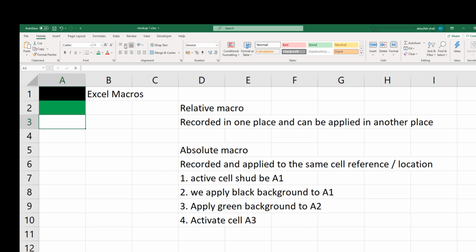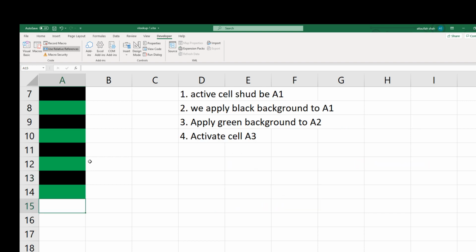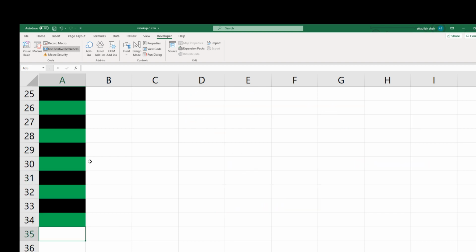Now it is time to stop the macro, so I'm going to the Developer tab and stopping the macro. So let's see what happens when I press Ctrl Q. Ctrl Q, Ctrl Q, Ctrl Q. Okay, so I'm doing it manually and the color is applied.